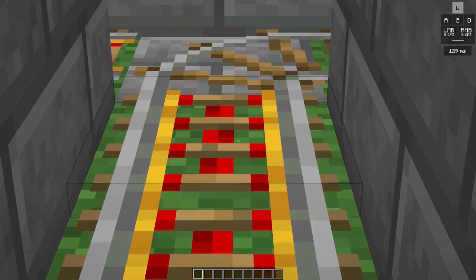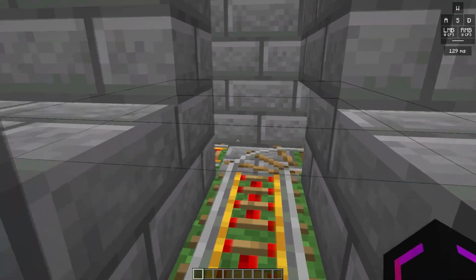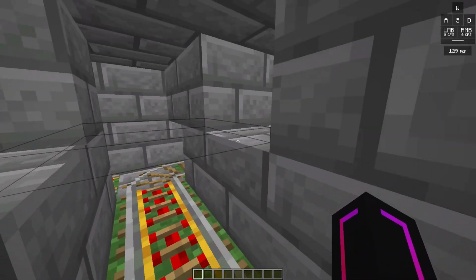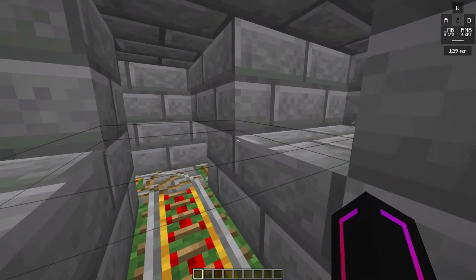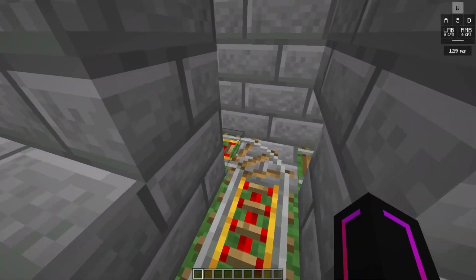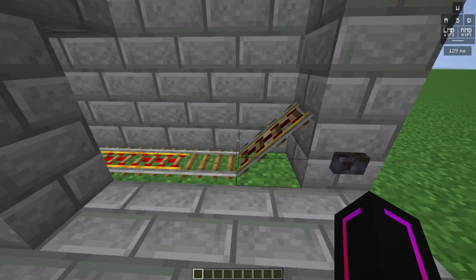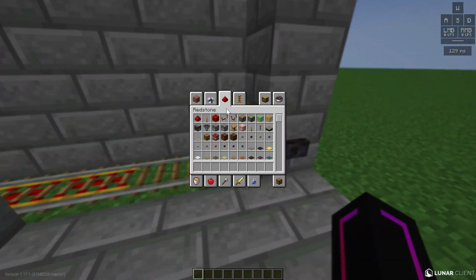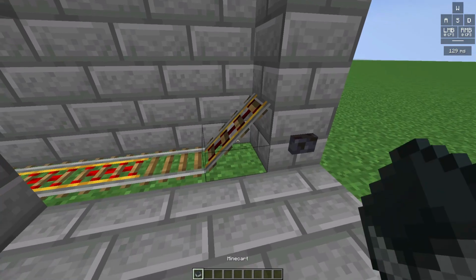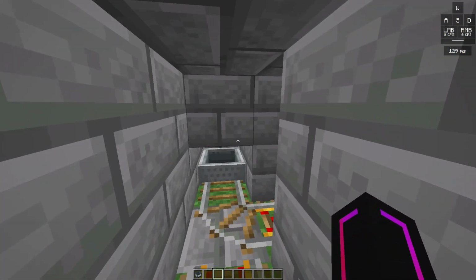Now once we reach our destination, this is something which I've done extra. It's a little tripwire system. It detects if there is a person inside the minecart, and if there is, it will switch the tracks and it will make you go this way, right here. And as you can see, I've used another powered rail right here to make sure that our minecart stops. And when you click it again, it goes on its way down.